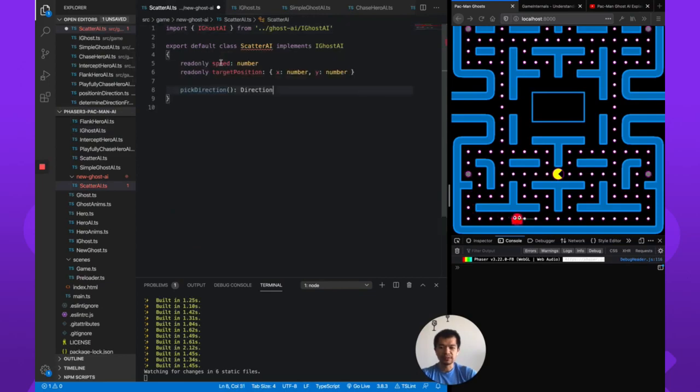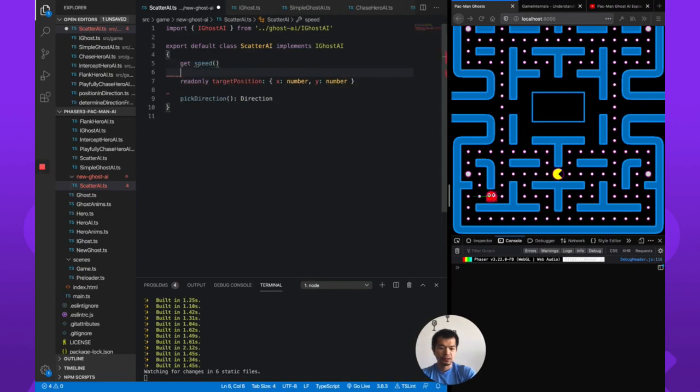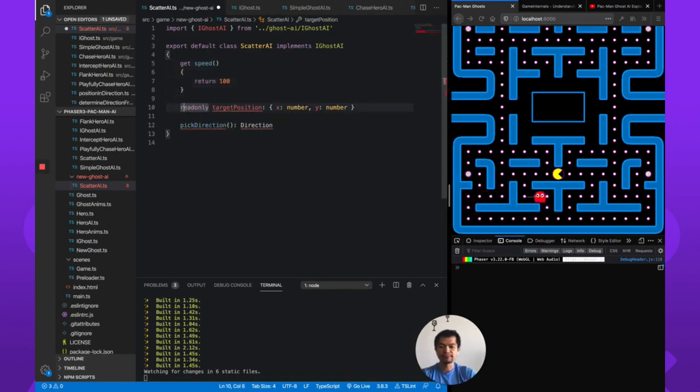So let's implement this stuff. Get speed. Speed is a number. We're going to say everyone moves at 100, or at least in scatter moves at 100. And then target position, same deal. It's going to return